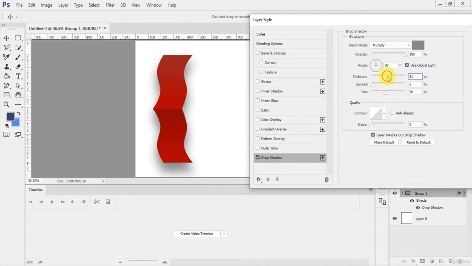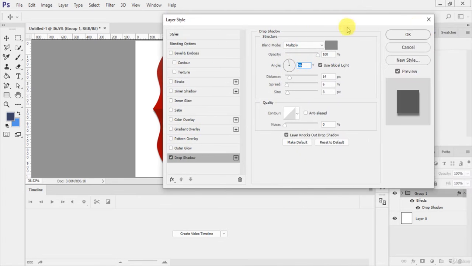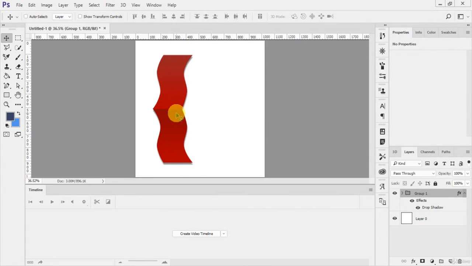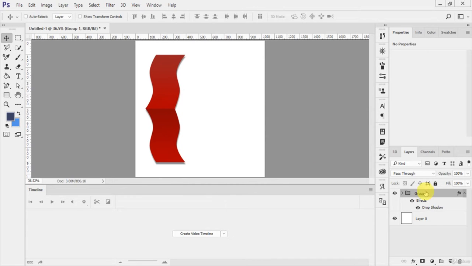Okay, the distance, the size of your shadow, we need a little bit of shadow. Okay, and the angle is this. All right, perfect. So this is the first infographic you can make,